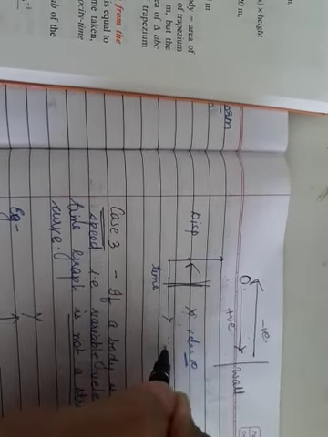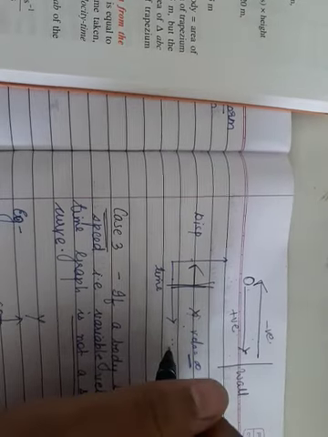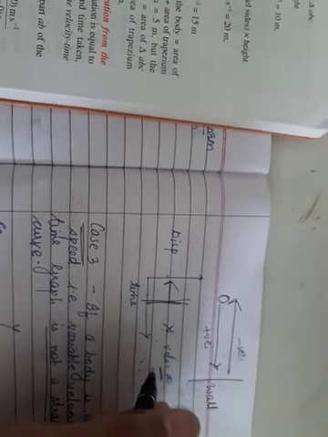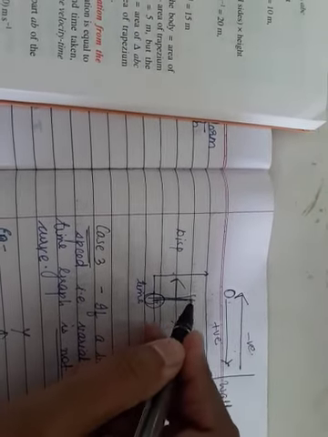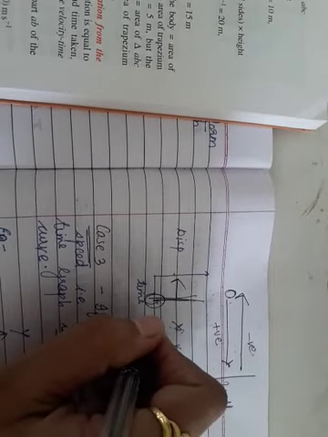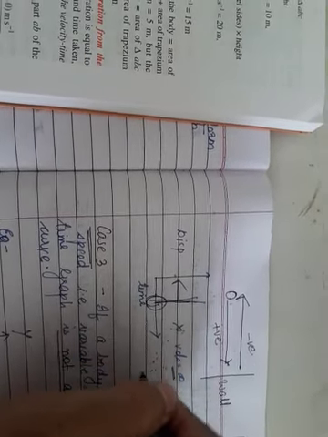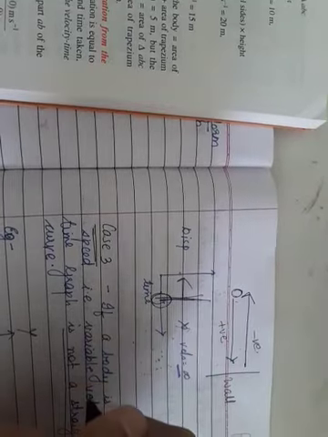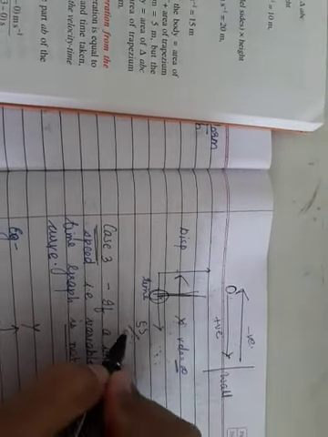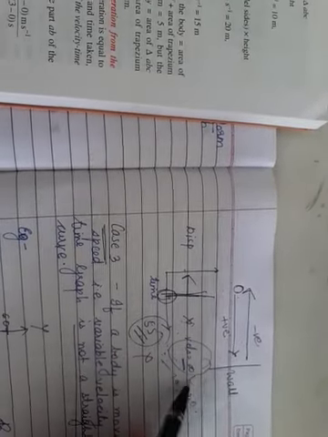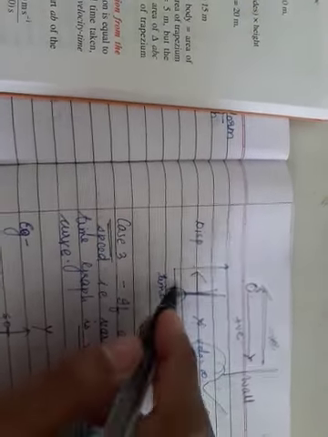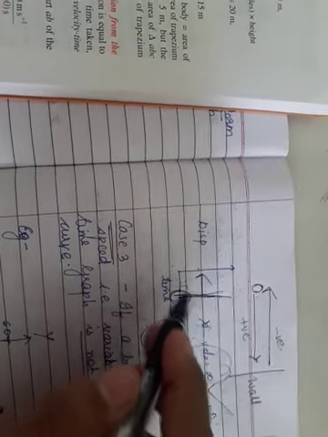Why? If it is so, this would mean that the distance covered by the body in a certain direction increases without increase in time. Only the time is same, but the distance is increasing. Will it happen like that? No, it can't happen. At every second the displacement will also change, but we can't say that at 5 seconds displacement is 30, displacement is 40. No, it cannot be like that. So velocity will be infinite. So such cases are not possible. What is not possible? A displacement time graph can never be parallel to the displacement axis. I hope all these cases are very clear.